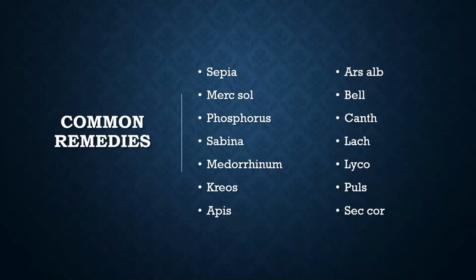Pulsatilla is given when the leukorrhea is milky, thick like cream, with pain in the back. Violent sore aching pains in the ovaries. And lastly, we have Secale cornutum, which acts on the muscles and the blood vessels of the uterus. Because of that, there will be much hemorrhage, and the hemorrhage which occurs will be dark, with fetid menses. They will be having a brownish offensive leukorrhea, and it is indicated for gangrene of female organs. So this is about the